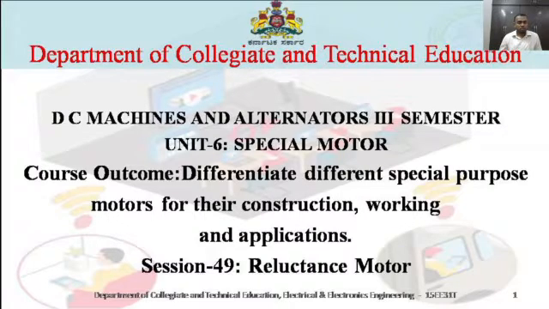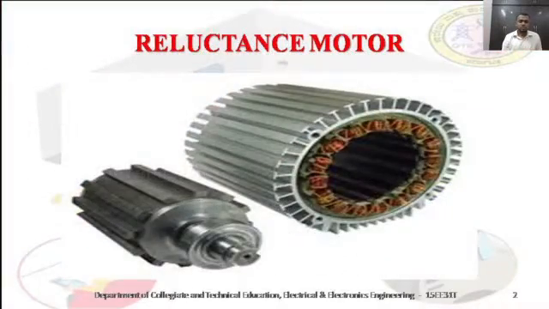Now, in this session, we will look at the reluctance motor. That is its name, the reluctance motor. So this is a picture of a reluctance motor. We can see here the stator part as well as the rotor part, completely separated and shown so that we can easily identify the various parts of the reluctance motor. This is the rotor part in the first figure, and the second figure shows the stator part. See how it looks.